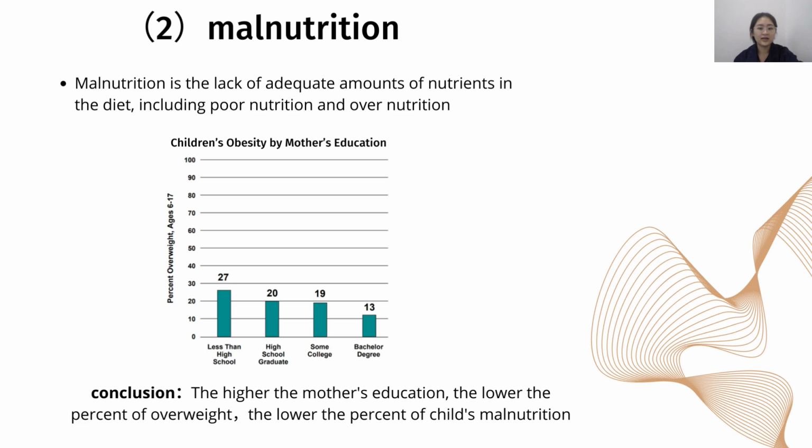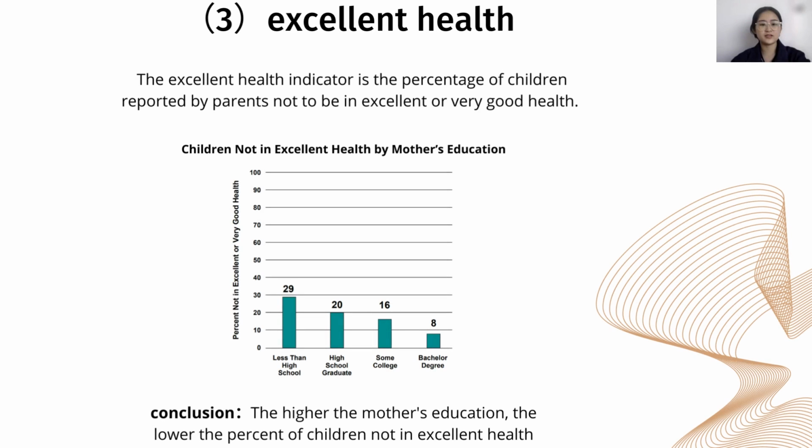So we can get that the higher the mother's education, the lower the percent of overweight, and the lower the percent of children's malnutrition. As can be seen from the excellent health indicator graph, as the mother's education level increases, the proportion of children with poor health status drops from 29%, 20%, 16% to 8%. Therefore, from the above data analysis, it can be concluded that the mother's education has a great impact on children's